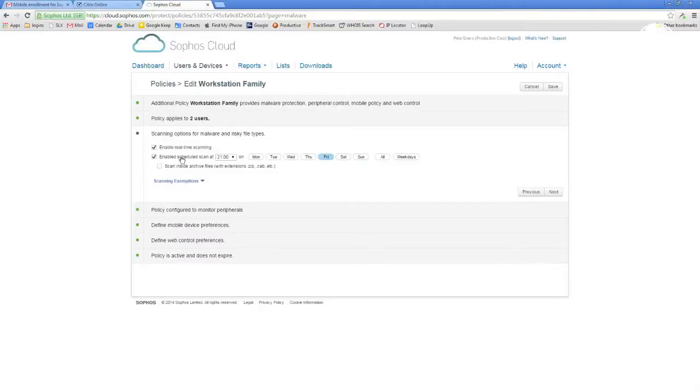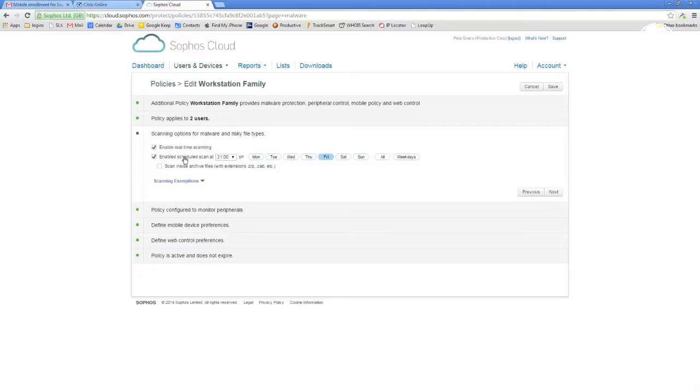Here's my real-time scanning. If I want to do a deep scan, right, I can set that up. If you're not exempting anything, you might not need to do a scheduled scan ever again, right? But we've exempted a few of the processes that we use all the time to make sure that we're getting the ultimate performance out of our machines. And so that's where I do like to come in and do a deep scan.